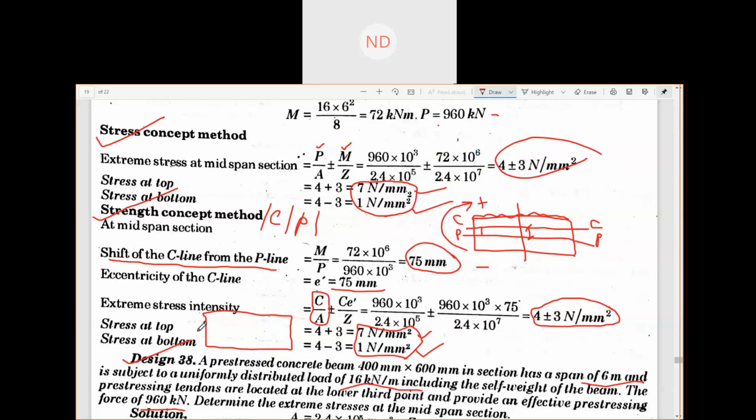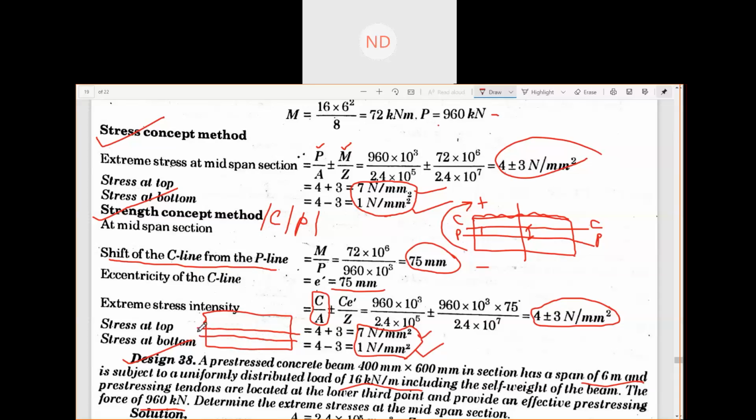So suppose this is your CG here, and now your tendon is at the lower third point. That means from the bottom, this is 600, 400 into 600. So this was 600. So half of here is 300, 300. So your tendon is here